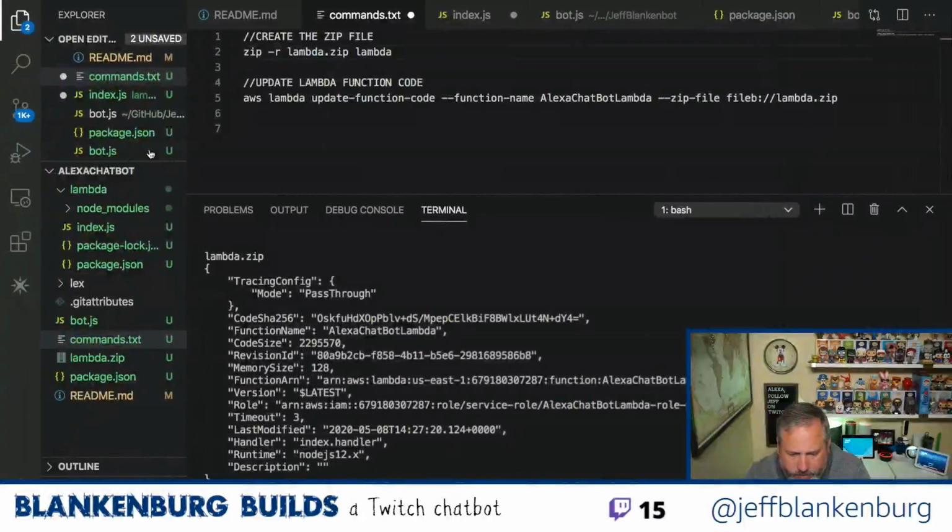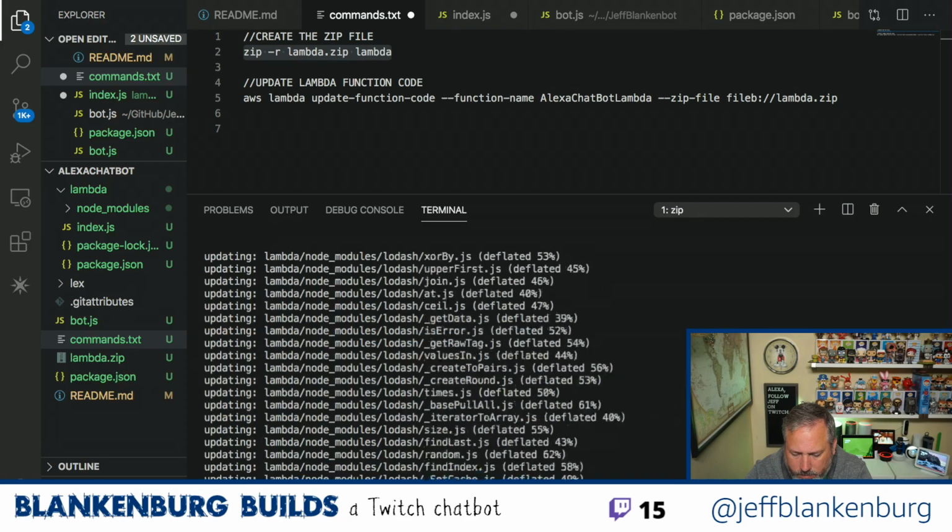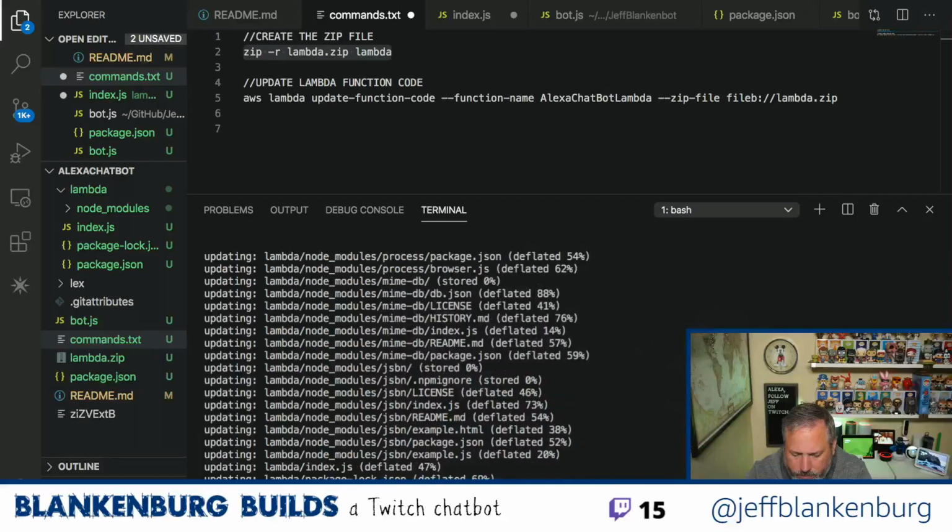So let's try that again. What if I do this? Yeah, that still does the Lambda like that.